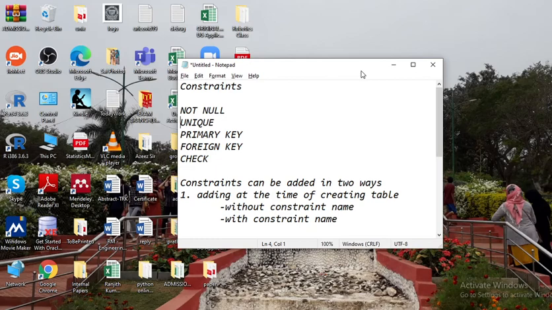To explain what is a constraint: constraints are nothing but conditions. These constraints are applied to a column in a table. When you apply these conditions to a column, we are going to enter valid data into that column. Some of the popular constraints shown on the screen here are not null, unique, primary key,